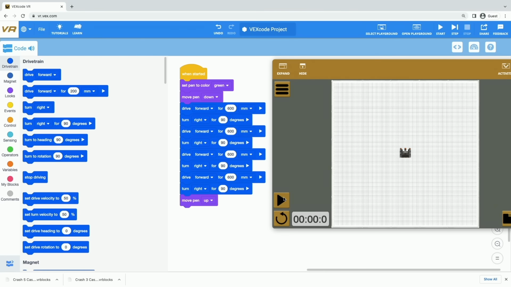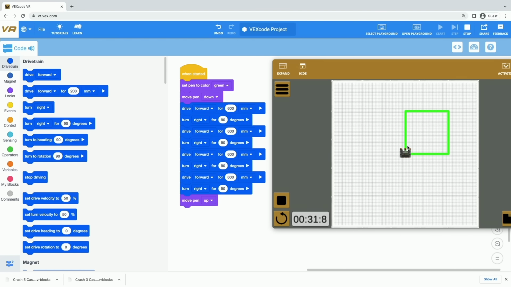All right, so let's see what we can do. Now we already have this project that draws a square for us, right? So let's run it one more time. What would we need to do then in order to draw a second square that's half that size? All right, moving the pen up is not the only thing that I need to do in order to get ready to draw that second square. I need to make sure my robot is facing the direction that I want it to face so that I can drive over into this empty space in order to make my second smaller square.